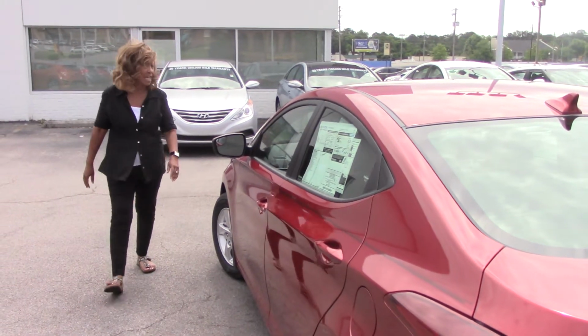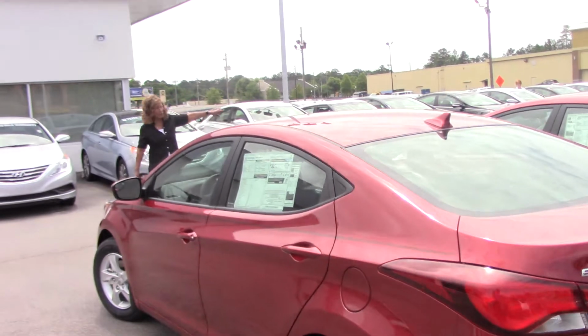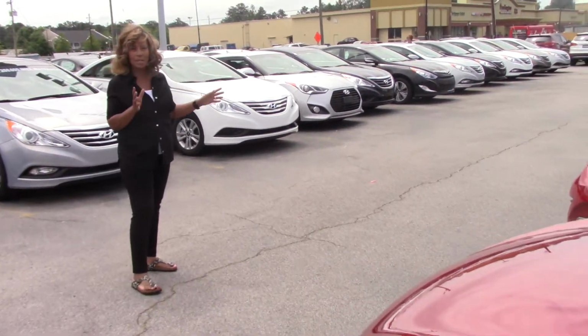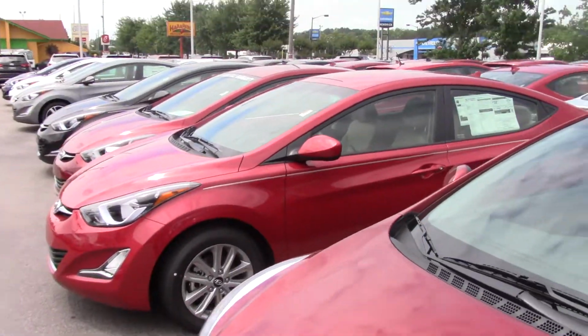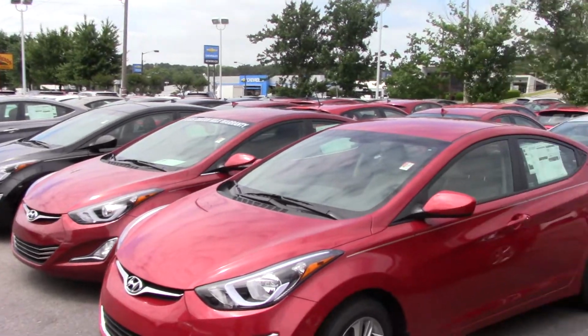But I want you to just take a look. I'm going to stand here and show you the wide variety of Elantras we have available. These are just some of them. We do have 4 acres of vehicles. We got them up here, we've got them in the back, but we've got several colors available for you to